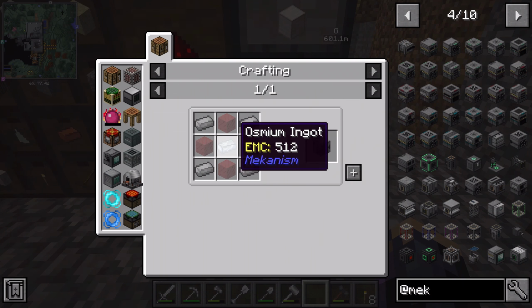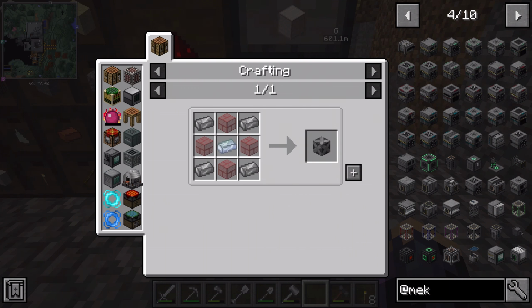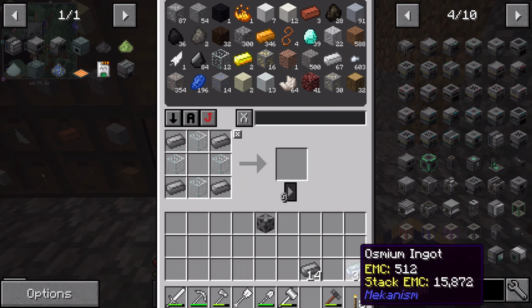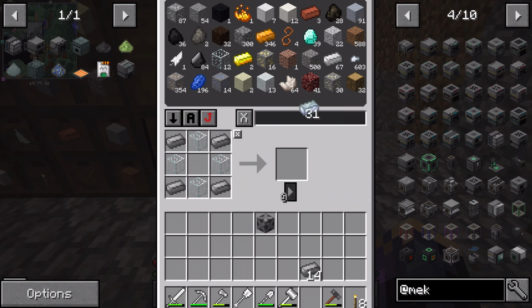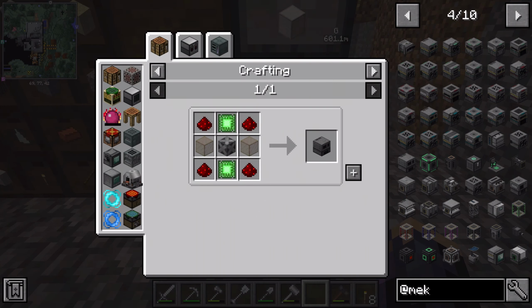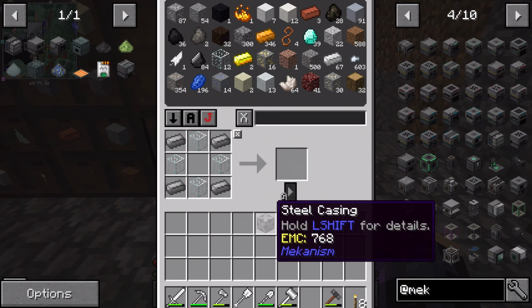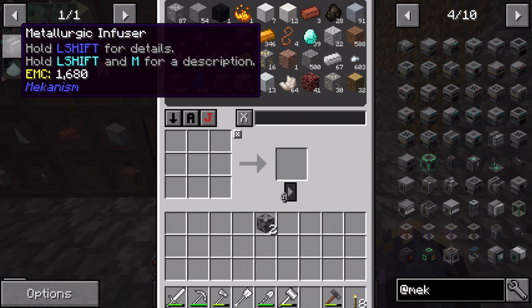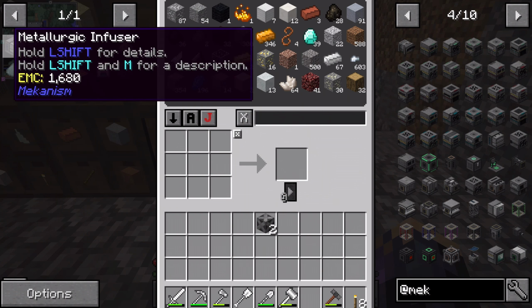And I went ahead and cooked up some osmium while I was at it as well. So we can go ahead and make our steel casing. Now, from that steel casing, and let me go ahead and drop these in here because we're going to be using a couple of those. I think each of these, if I remember correctly, uses, except for this one. This one doesn't use steel casing, but these 2 do. So let's just make 1 more steel casing. Great. Okay, so we're going to make first of those the metallurgic infuser